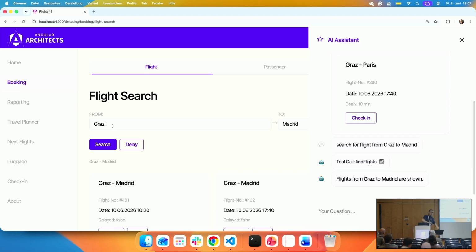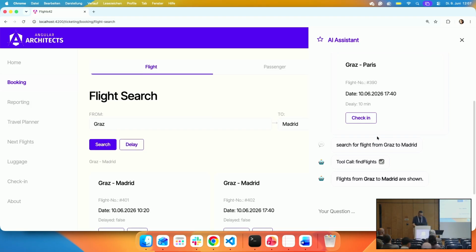The result is the main working area. And of course, everything works also without this chat window, this assistant. But if the user is lost, they can use it, or if the user thinks typing in one sentence is easier than clicking 20 times, then they can also use it.